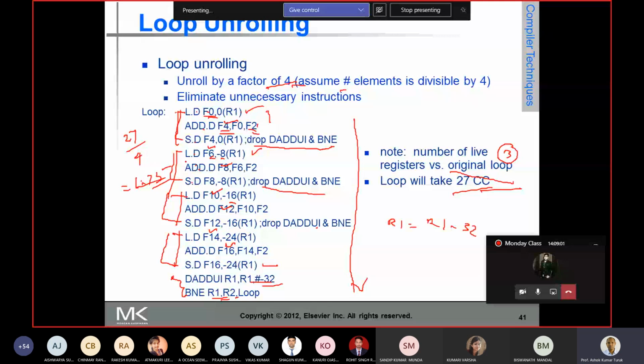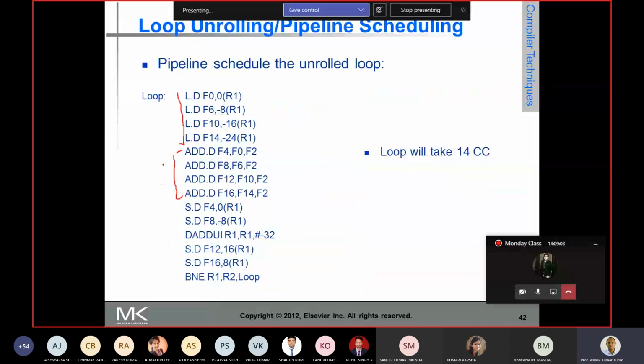Now if you look at the load and the add, between the clocks there is only a one clock cycle difference between this load instruction and the add instruction that consumes the result. Now we have put 3 instructions in between. So when this load instruction produces the result, this add instruction can consume the result without any stall. The same is the case for this add. Now let's look at the store instructions. The store instructions are also independent, so you can put all the store instructions.